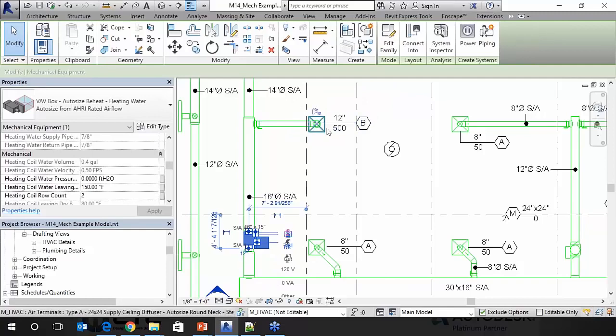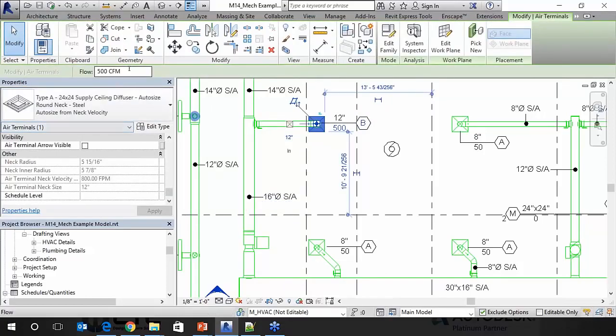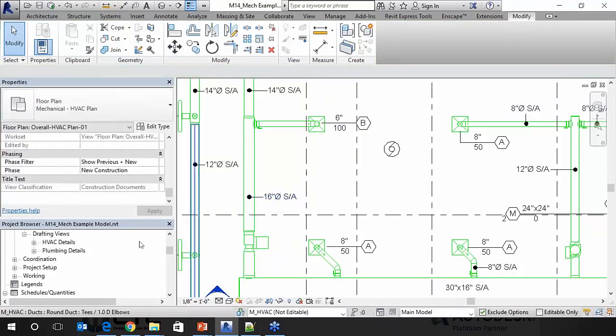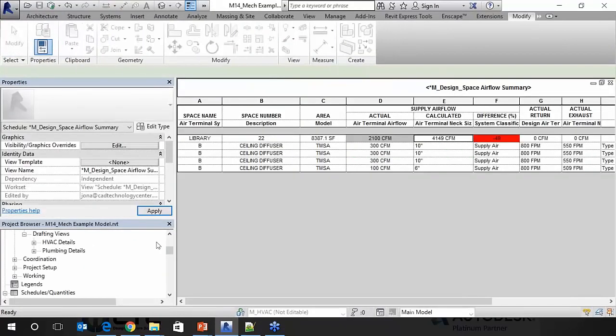If you recall, that's 12 inches. If I go back in and drop this down to, let's get 100 again, that next size goes back to 6. This one drops down to 10. Now, one of the other nice things about having all these parameters and calculated values is that within our workflow,